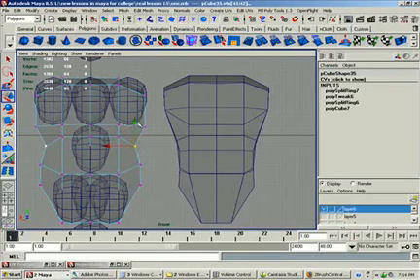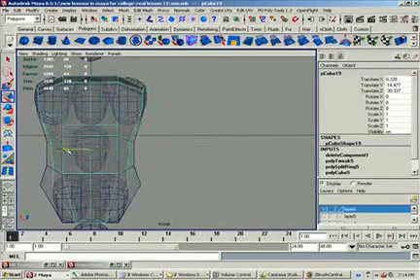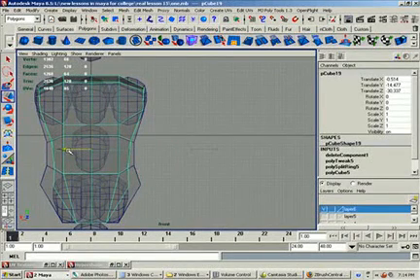So this goes up, this goes down. These are vertical with that one. And how I can actually tell where things line up here